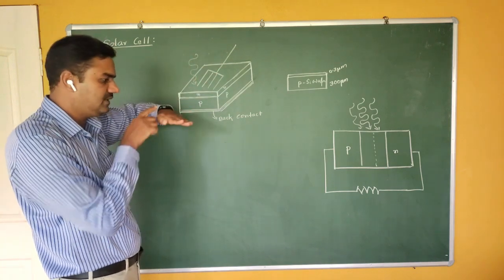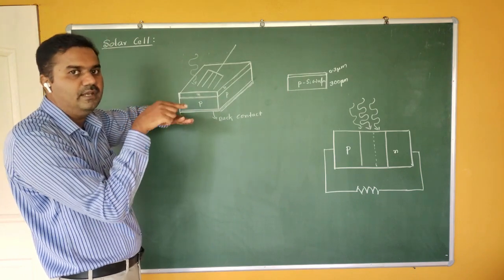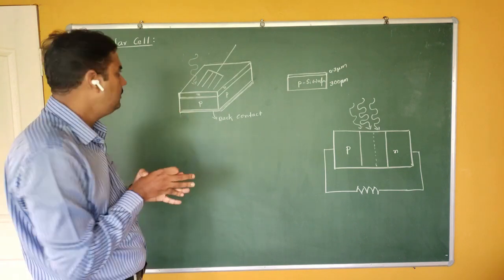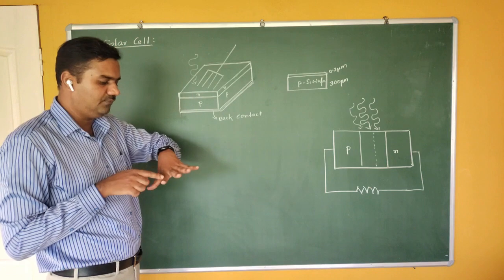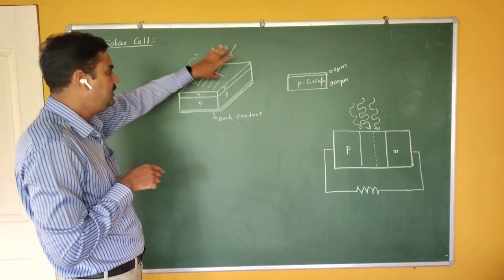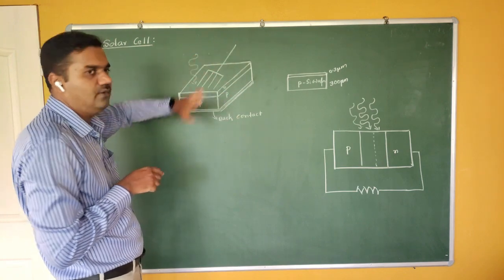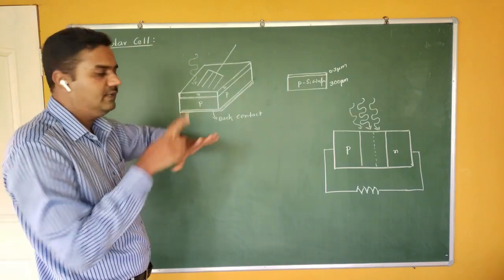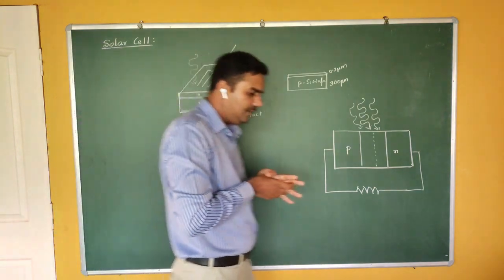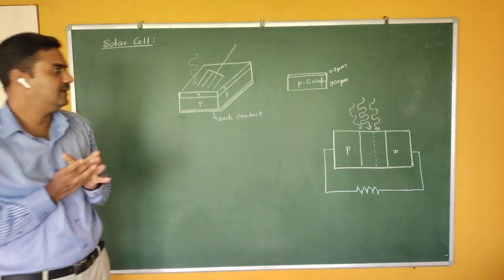You can't take the same type of arrangement on the top side, because then the light falls directly on that metal and some other interaction takes place. We have to avoid this. Therefore, we take the contact in the form of fingers. They are very thin. The NCERT book says the front contact is around 15%, which means 85% of the light falls directly on the depletion region between the PN junction. Are you getting me?